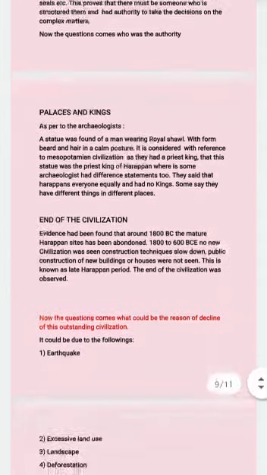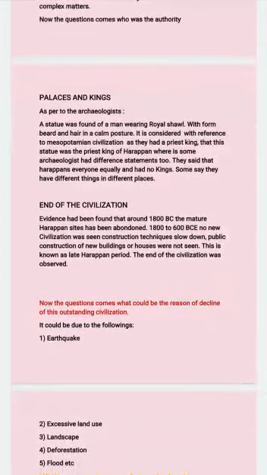Now, the end of the civilization. The Harappan civilization, as I have been telling you, was a very unique civilization. There was much discipline and uniformity, and yet we see that this civilization ended. How do we come to know this? When I talk of the Harappan civilization, it lasted from 2600 BC to 1300 BC. Here we see that around 1800 BC there was no new public construction,